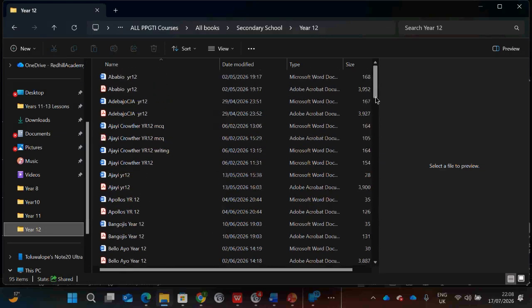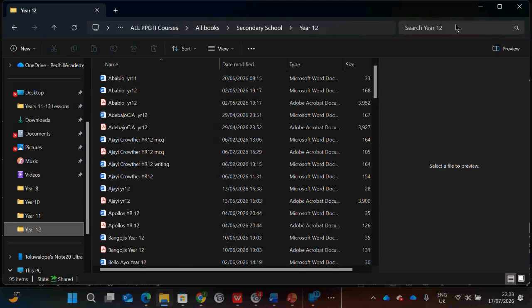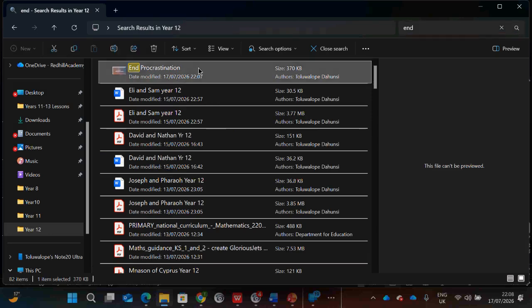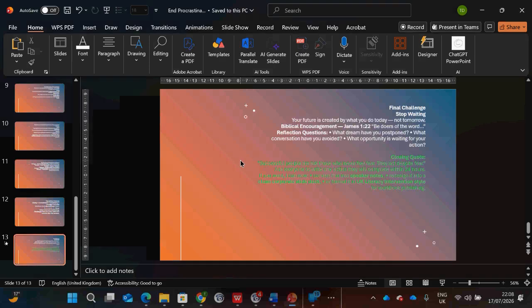So can you see? Now I need to go and type and look for end procrastination. You can see here it says search year 12. Because I know I'm already in year 12, I need to check end, and you can see the first one that came up, end procrastination, which I click. Because it's already open, it just comes straight back on there, and that's it. You're ready to deliver your course. You can deliver it on